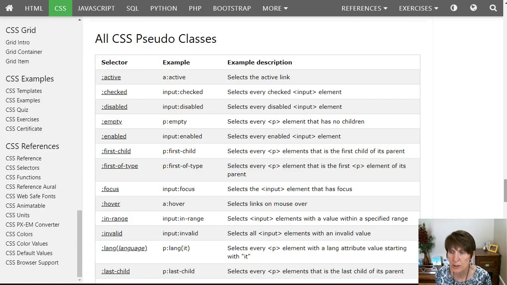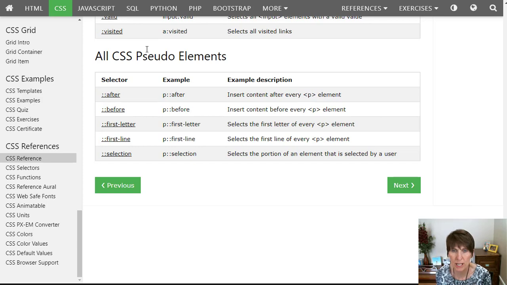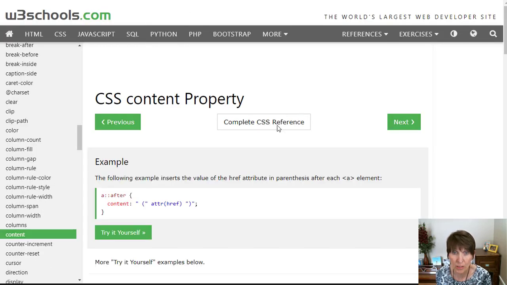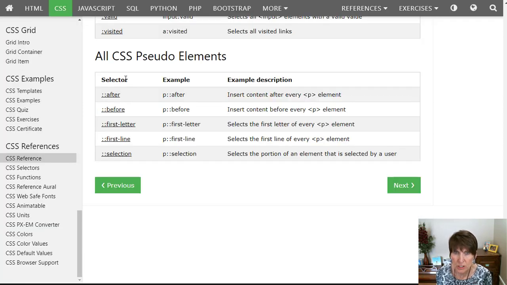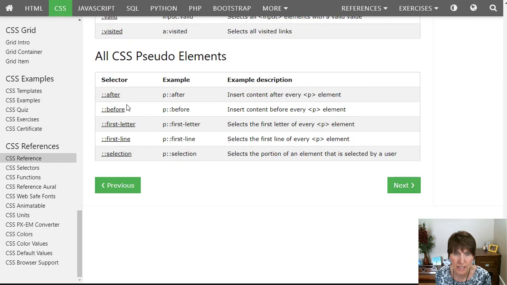What we are going to use are pseudo elements. So if we go down here below the pseudo classes, there's some pseudo elements and a new property called the content property to be able to add the quotes. So here are the pseudo elements, after, before. Now notice these ones have 2 colons. The pseudo classes have a single colon, and down here these have double colons, and they allow us to select